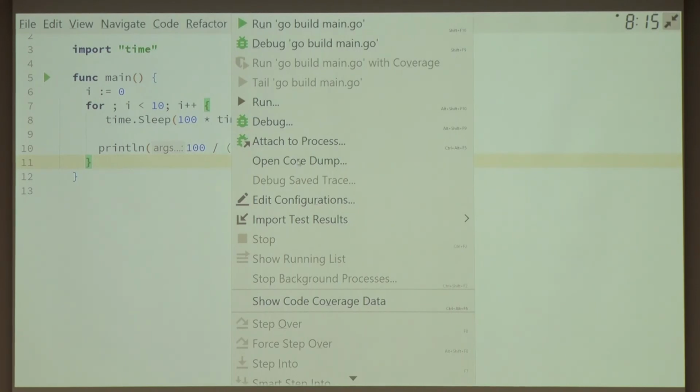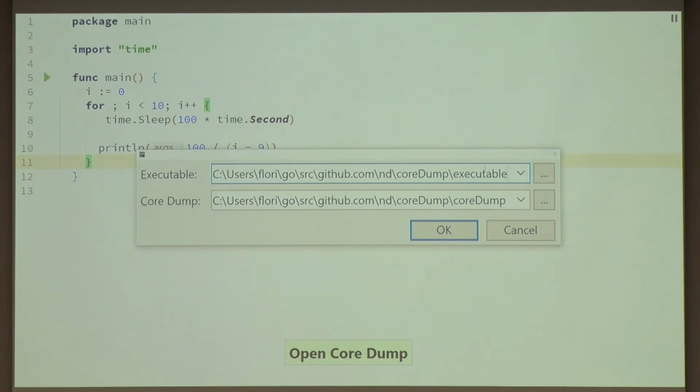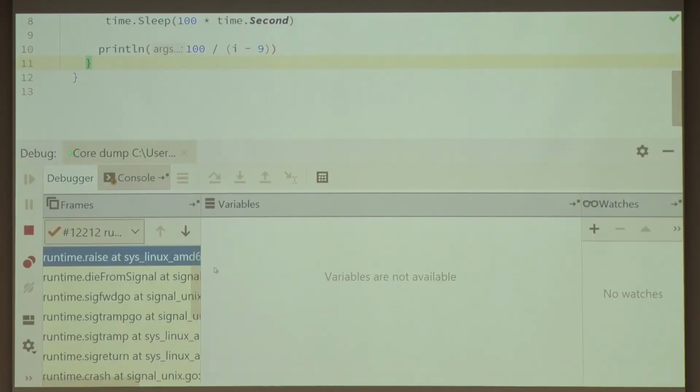If you go to run, open core dump, this will work on Windows, Linux, and Mac, but generating the file works only on Linux. So we need to specify the application itself, and we need to specify that memory file that we get when the application crashes. So if I click now on OK, I can see the debugger,